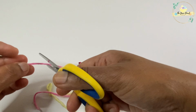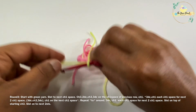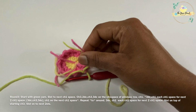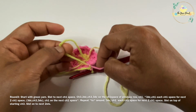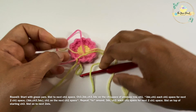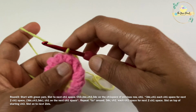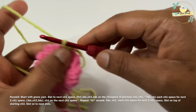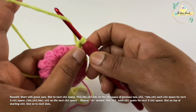Now we worked our round 2, we'll go ahead cut off the pink yarn, and then now I'll be attaching my green yarn. So you attach your green yarn, slip stitch onto the next chain 1 space, and then go ahead work a chain 3, which is considered as our first double crochet, and then work 2 more double crochet,